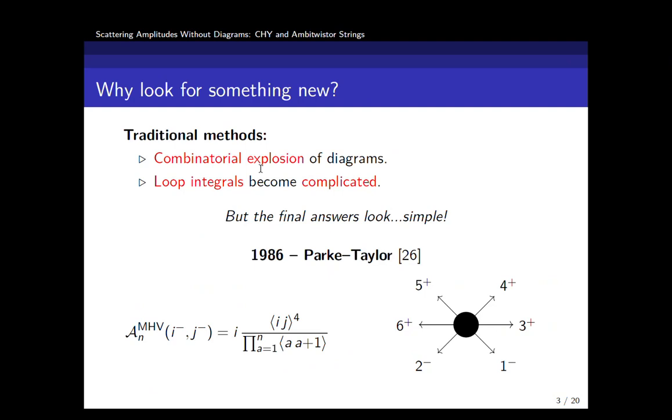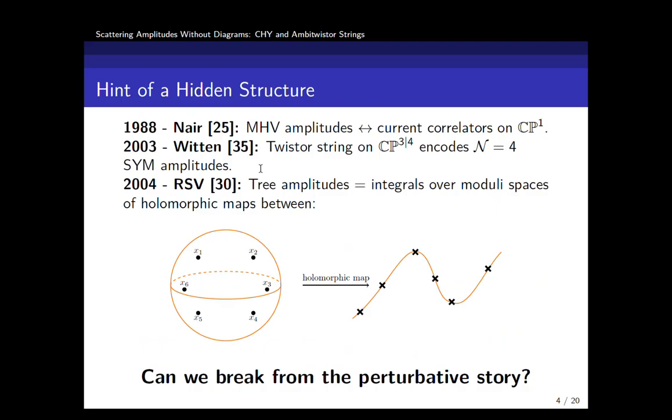But to motivate a geometric origin of amplitudes, the final answers even at tree level look quite simple and compact. So in 1986, Parke and Taylor published a 4-page paper where they very neatly wrote down the MHV tree level amplitude for all different multiplicities. And as you see in the spinor helicity formalism, it's quite compact. So this makes us ask the question, do amplitudes have a geometric origin? And so the story continues.